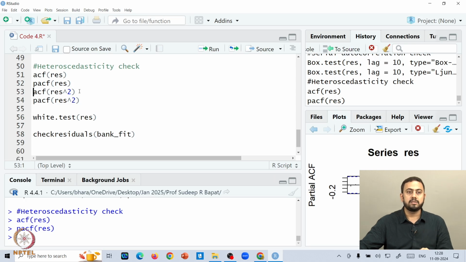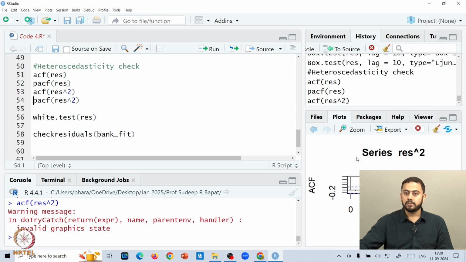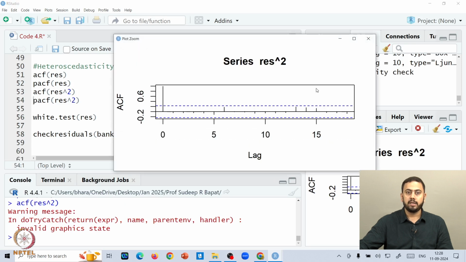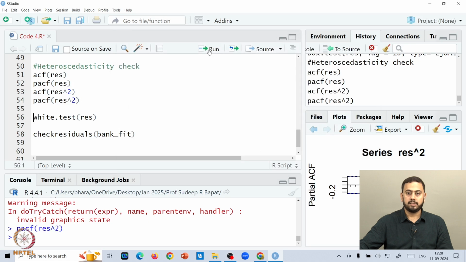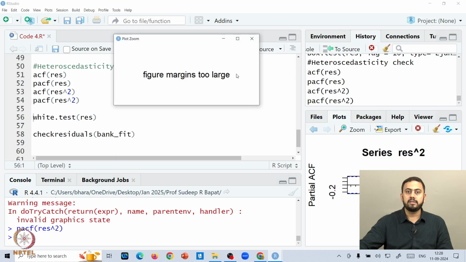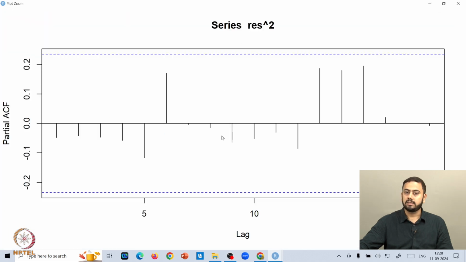So what do we see here? Let us create the ACF plot of the squared residuals instead. So we will see how the plot looks. Okay, so this is exactly the ACF plot of the squared residuals. Let me zoom in, and again we see the same kind of story. Apart from lag 0, all the further correlations are between the bands, which means the correlations are not significant. And lastly, how about the PACF plot of the squared residuals? It should resemble the same conclusion. If you draw the PACF plot of the squared residuals, again you can see the same structure.